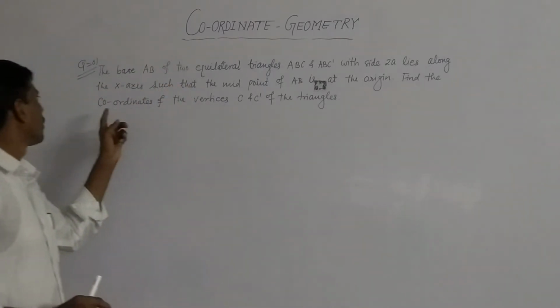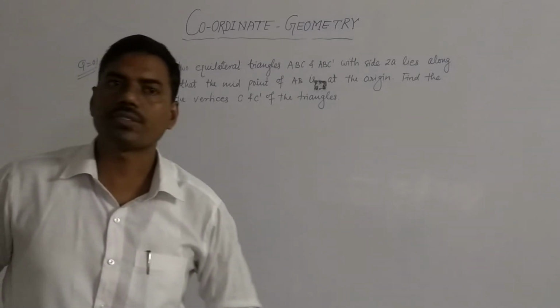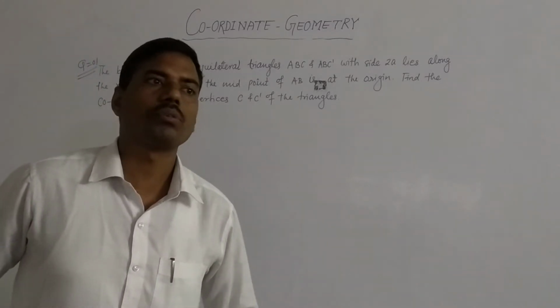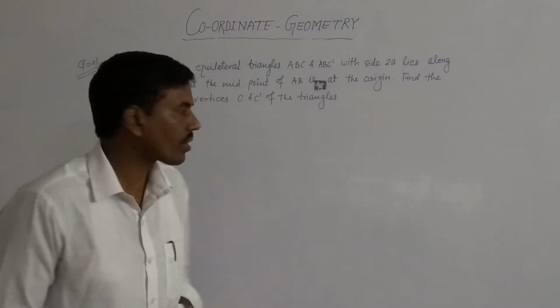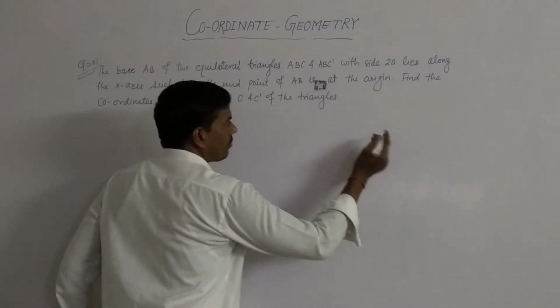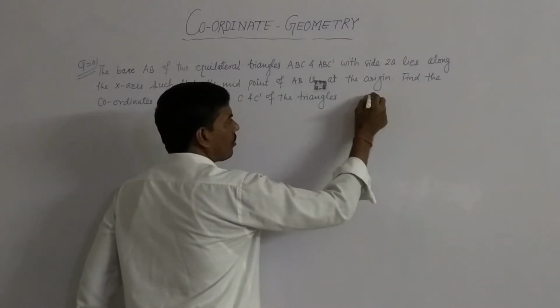Find the coordinates of the vertices C and C dash of the given two triangles ABC and ABC dash. Okay students, if we draw the figure, we will get